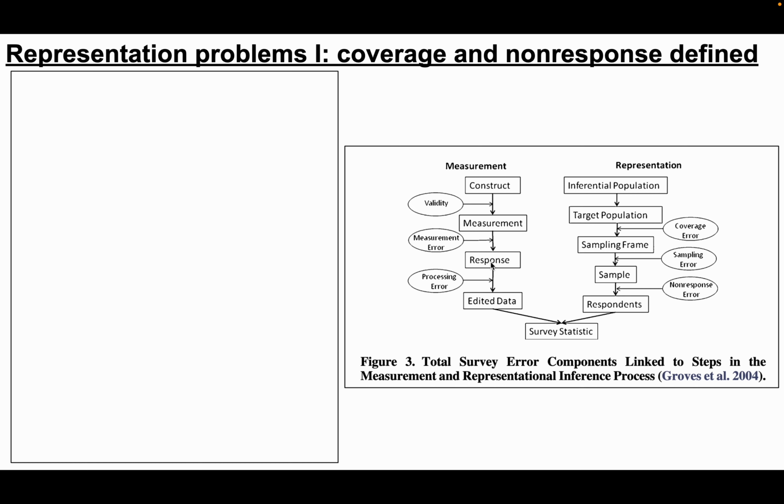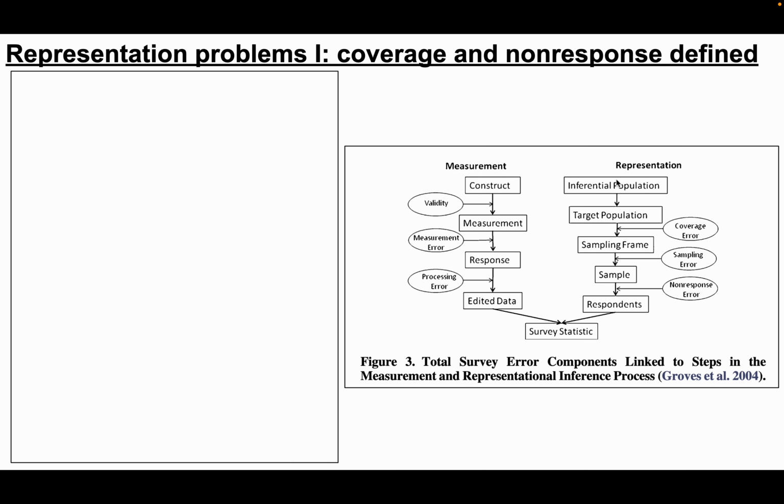Then finally, in the process of transcribing, people might somehow corrupt the data in different ways, and that would be an example of processing error that gets you to the edited data. So with that, I'm going to let the lecture resume, but I thought it could be useful just to get